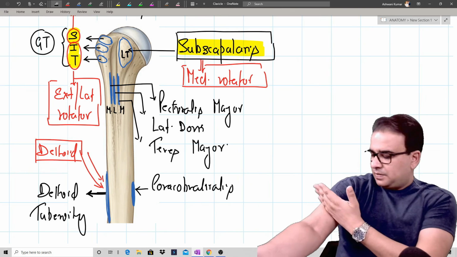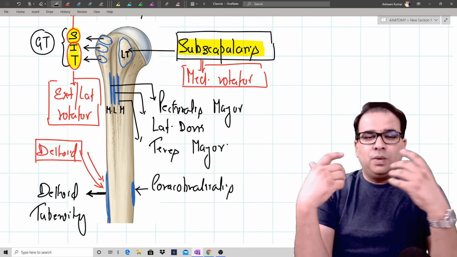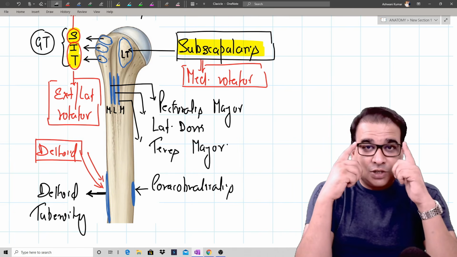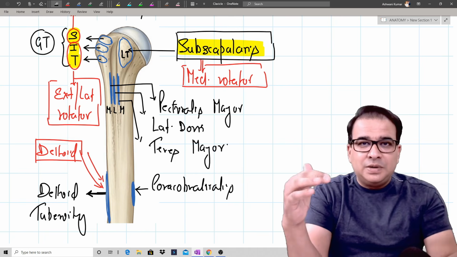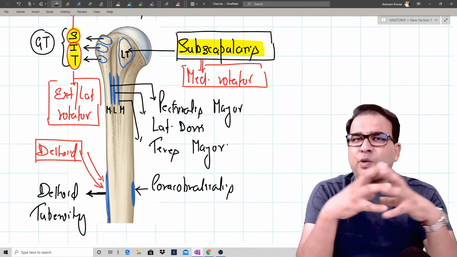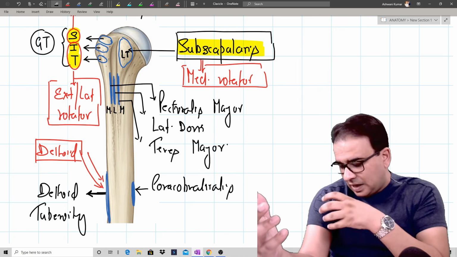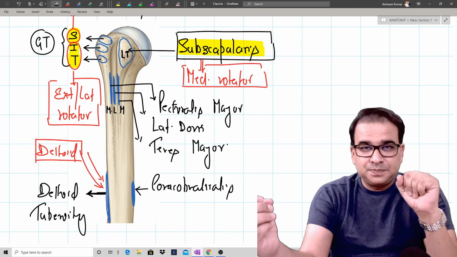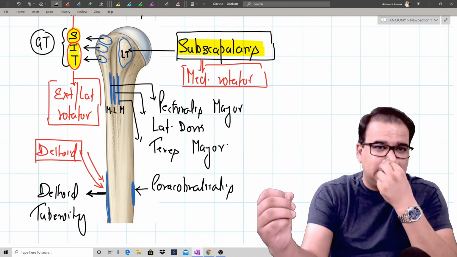You know, all these small and big pieces of information are important, because if I take a section from the lower half of this arm, you need to anticipate what will be seen and what will not be seen. Transverse sections usually confuse people because they don't anticipate what will be seen and what will not be seen there. We just directly start trying to identify the structures. So if a section is taken from the lower part of the arm, obviously the deltoid muscle and coracobrachialis will not be seen. Biceps will be seen, triceps will be seen, but deltoid and coracobrachialis will not be seen.